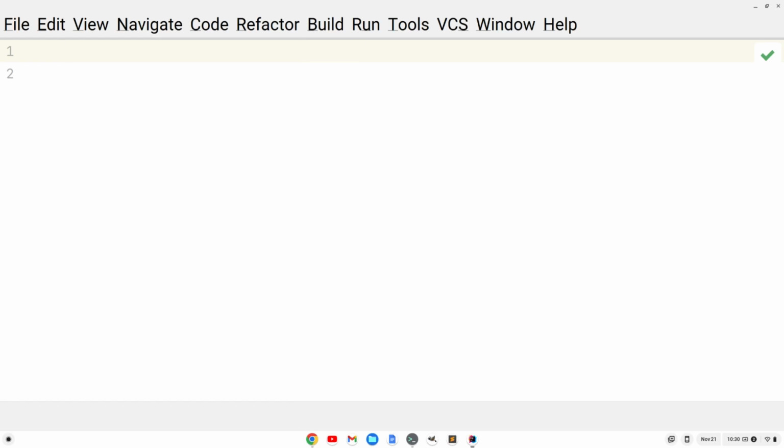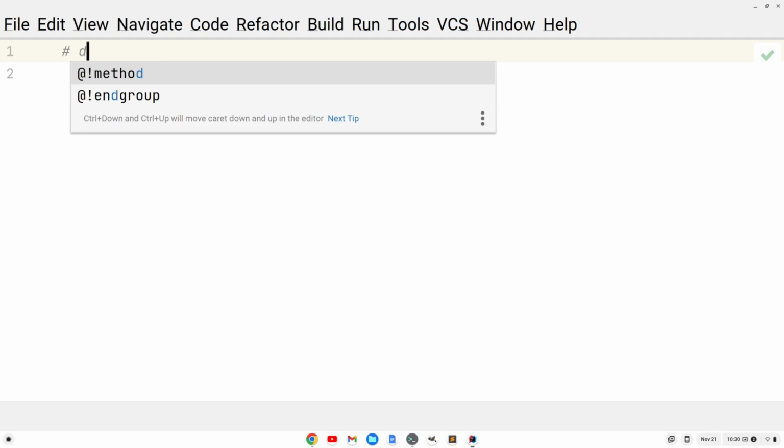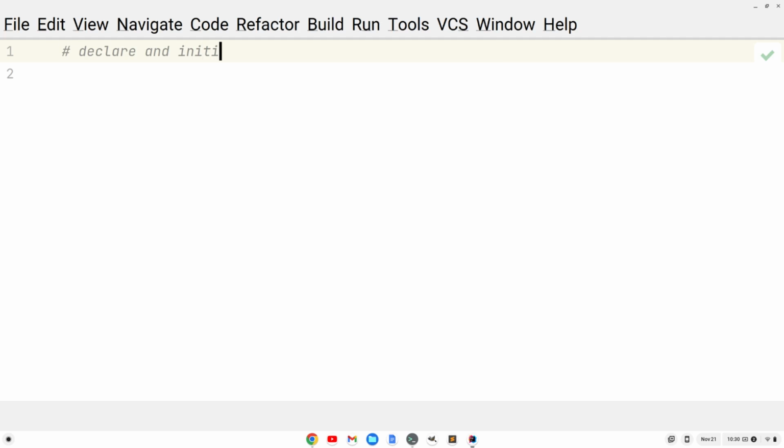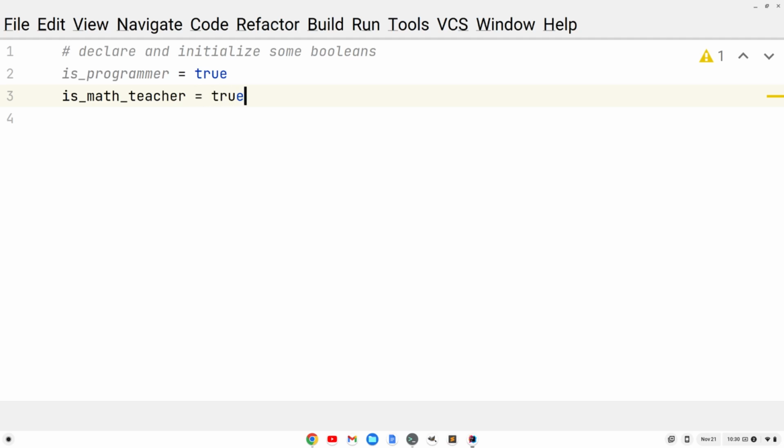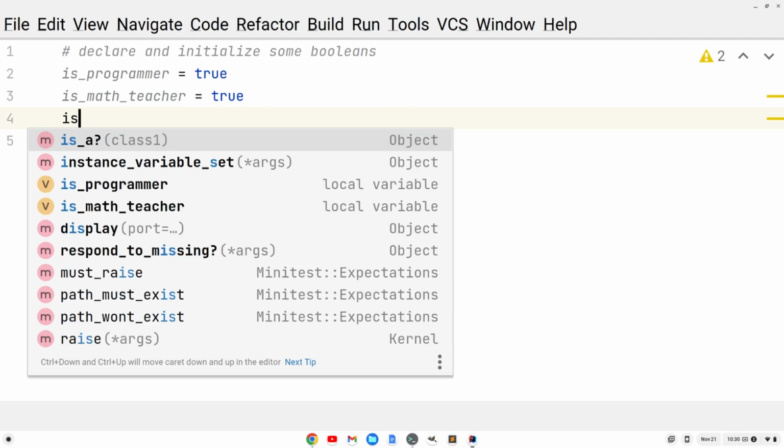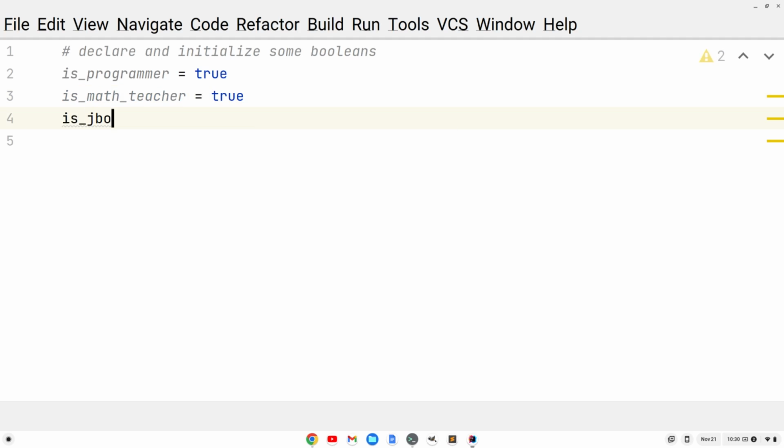And so we'll create some Booleans up top. So let's declare and initialize some Booleans. Okay, so we'll see here is underscore programmer equals true, is math teacher also equals true, is, let's put jobless equals false. Okay,